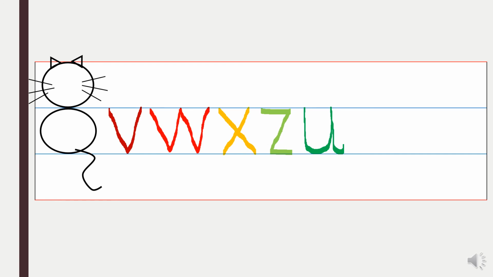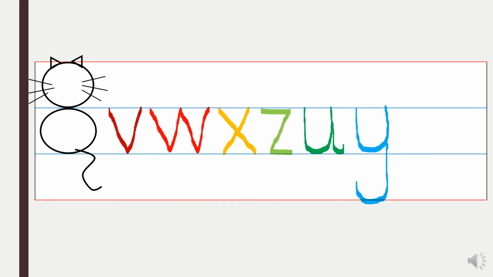Now let's see one letter which becomes a tail letter, which is the letter Y. It starts just like A. We have an upward curve. From here it becomes a little different. We have to draw along the same line, come all the way to the bottom and give it a tail. That is the letter Y.